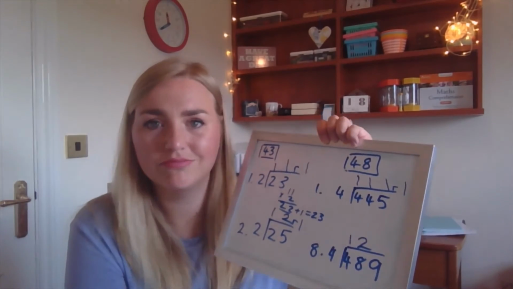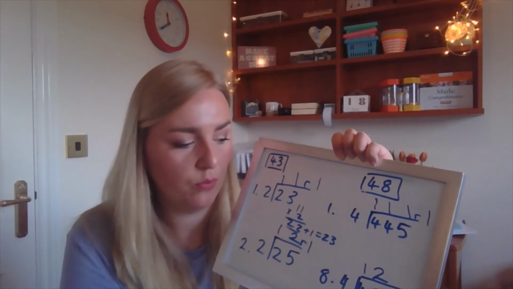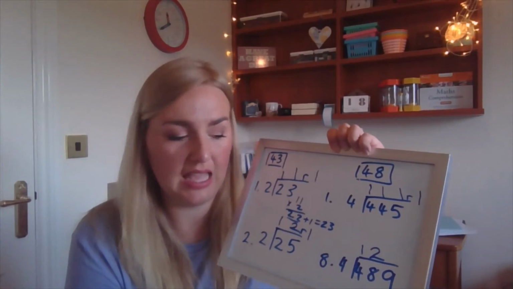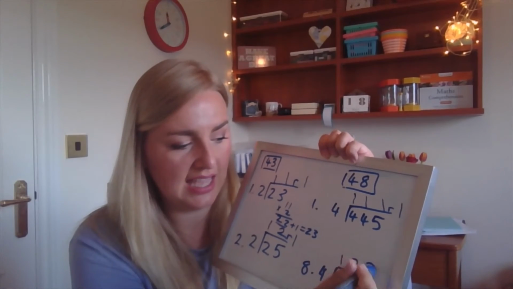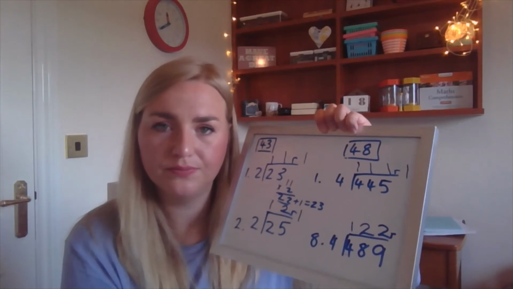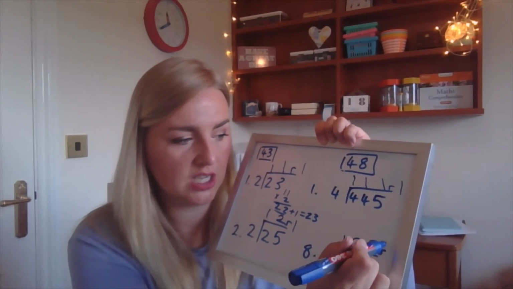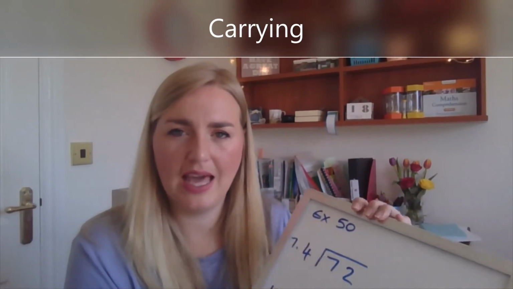9 isn't in the 8 times table, but we know that 9 is 1 away from 8. So 4, 8, we can get to 8, and then from 8 to 9, we count on 1. So there's going to be 1 remainder. So now we're going to look at some carrying,